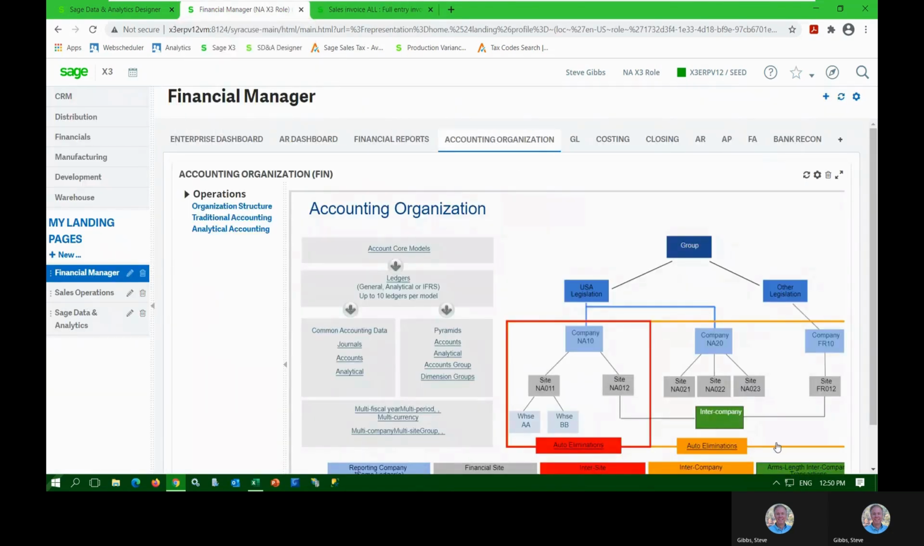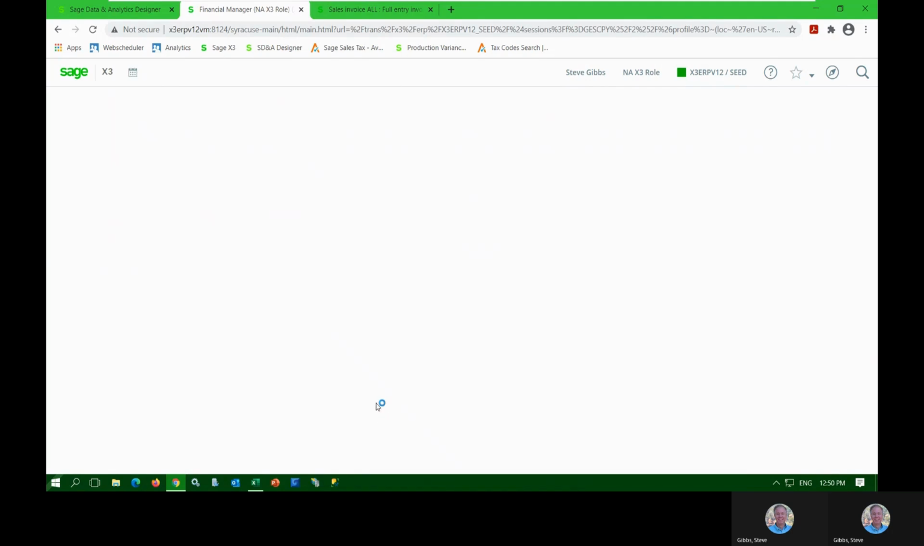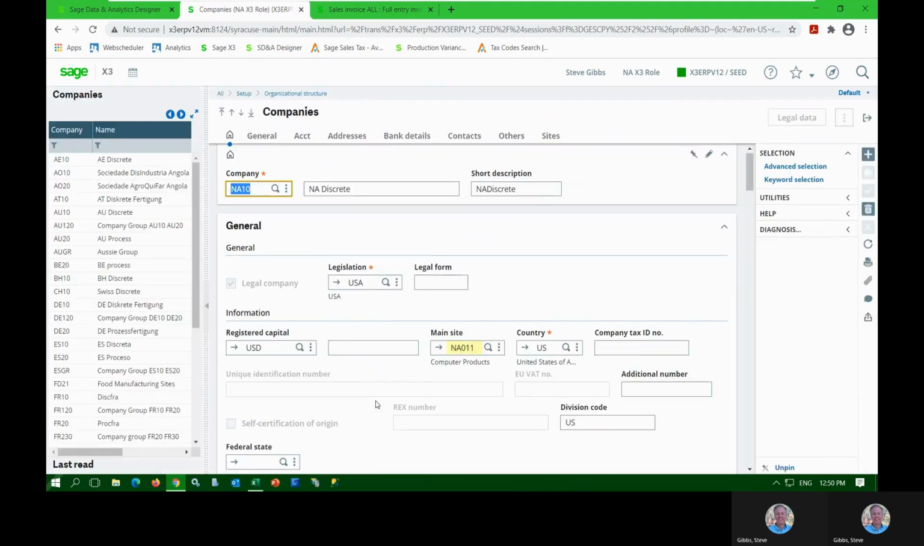So back to this landing page. Let's go ahead and take a look at the first piece of data. One of the first things you'll need to set up would be a company. I'm going to go ahead and click this option here. Let's take a look at a company in Sage X3. Got standard name. Legislation, remember earlier,